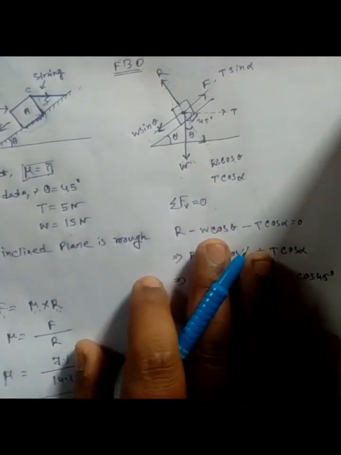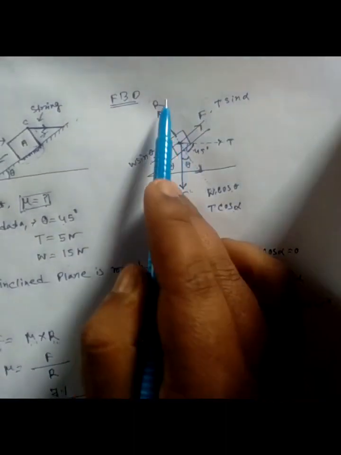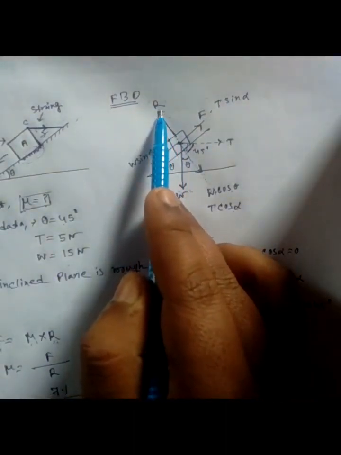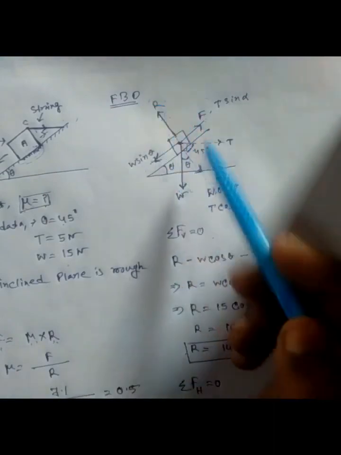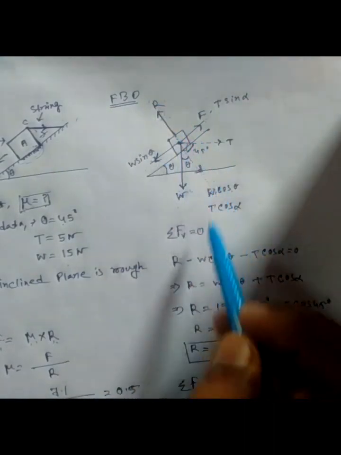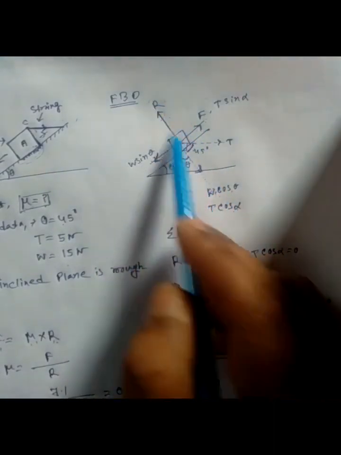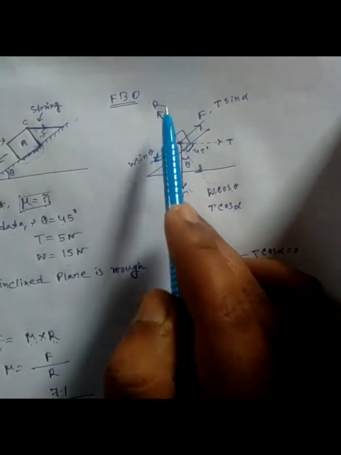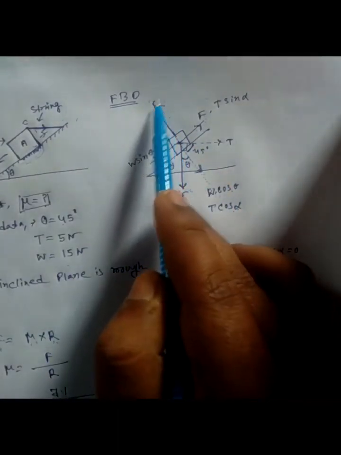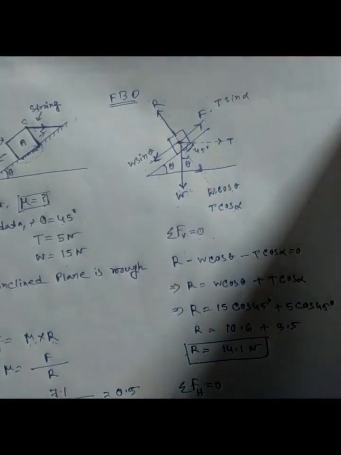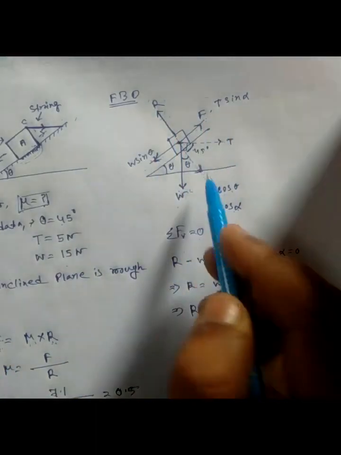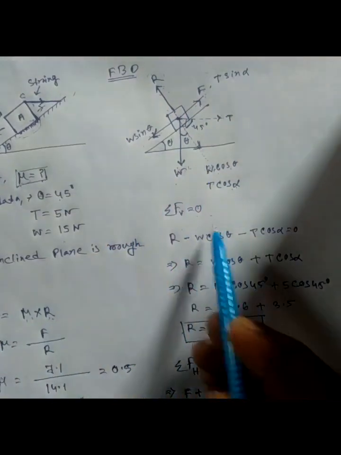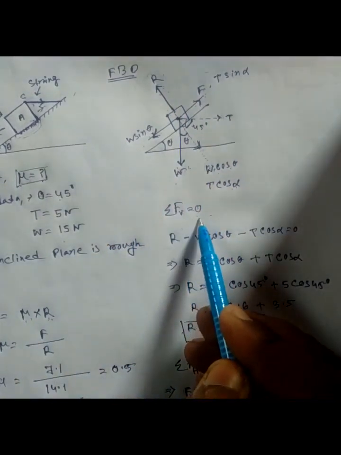So consider that there is a reaction force acting in the vertical direction. That means firstly consider that all vertical force equals 0, because we first find out the value of R, and then find out the value of F. Clear? So first, the summation of all vertical force